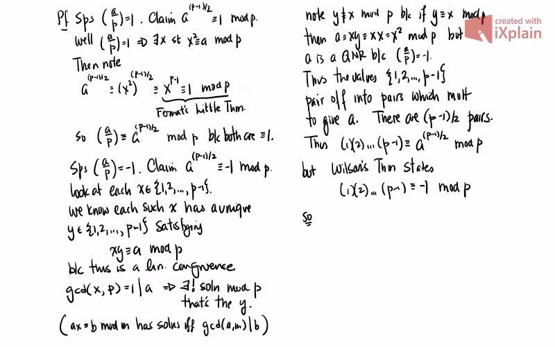So that tells us that a to the (p minus 1) over 2 is congruent to negative 1 mod p. So that tells us that (a over p), which is equal to negative 1, is congruent to a to the (p minus 1) over 2 mod p, QED. And again, it doesn't make things easier to do, but just to finish on an example here,